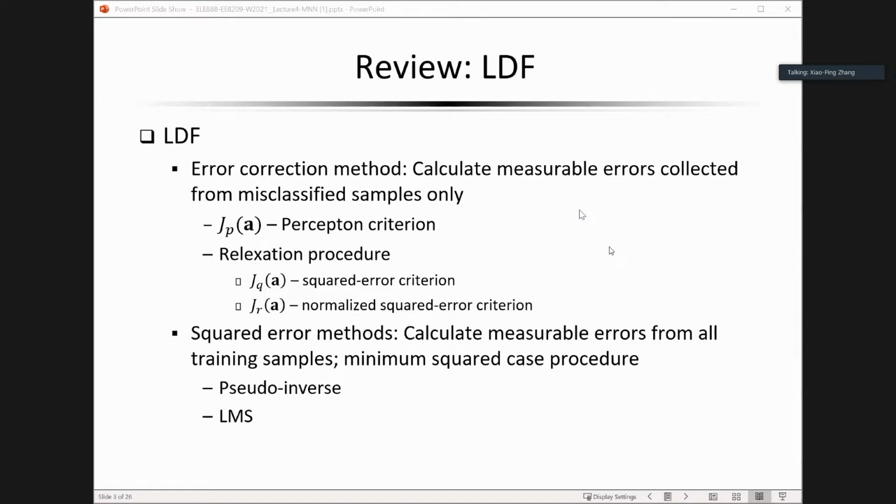Okay, I hope you are still fresh in terms of the linear discriminant function. The linear discriminant function we talked about basically in terms of learning, right? In terms of learning, we have several criteria. We start with the perceptron criteria, and then